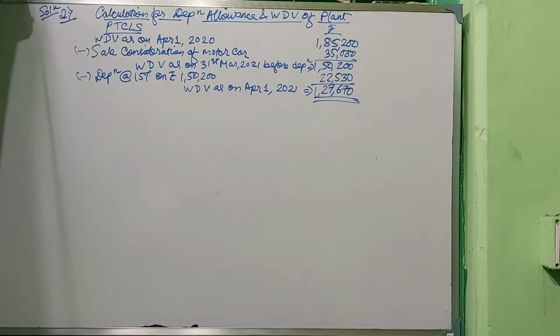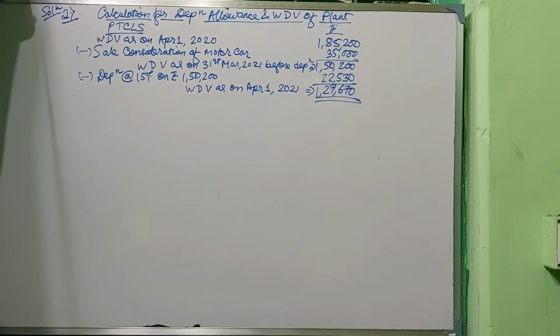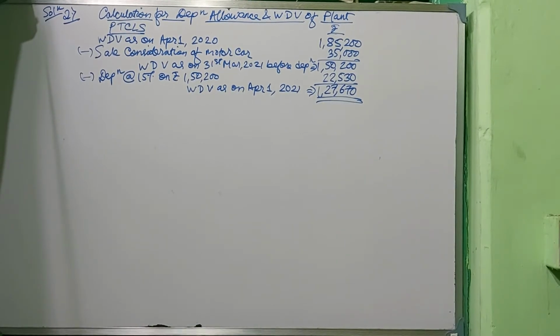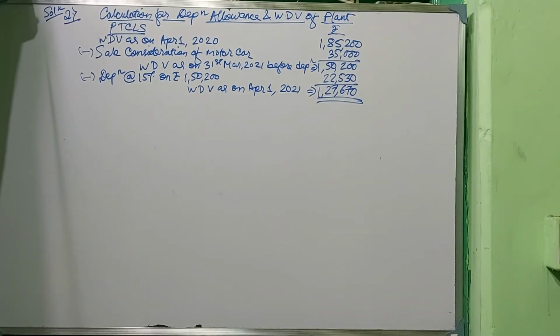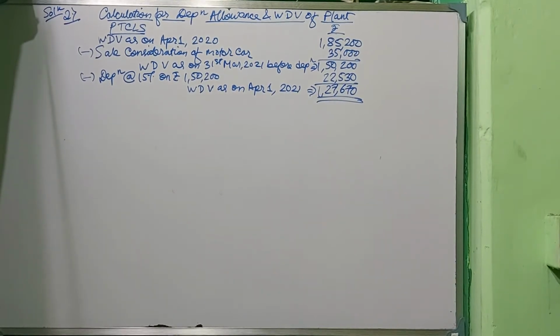It is a smaller, shorter one. Next, move on to sum number 3, which has also been provided in the PDF. It says that from the following details for the year 2020-21, compute depreciation allowance and capital gains or loss for the relevant assessment year. If you are incurring any loss or any gain from the asset, that also you need to compute for the assessment year.